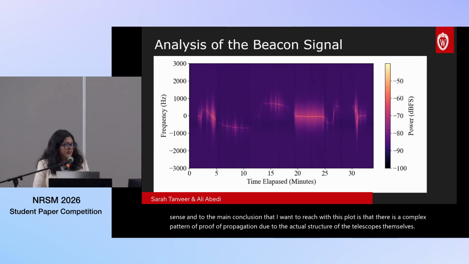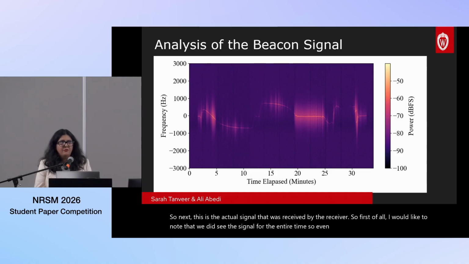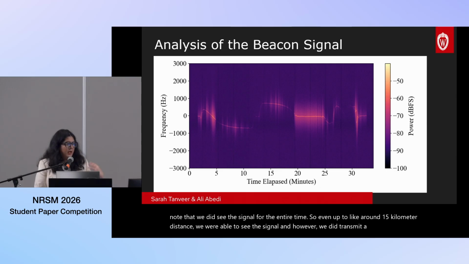Next, this is the actual signal that was received by the receiver. First of all, I would like to note that we did see the signal for the entire time. Even up to around 15 kilometer distance, we were able to see the signal. However, we did transmit a constant frequency tone, but here we see some frequency shift happening. This is consistent with the Doppler shift that we would expect from a car that was moving around 100